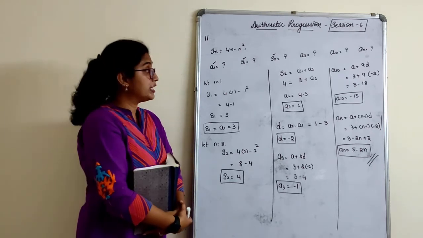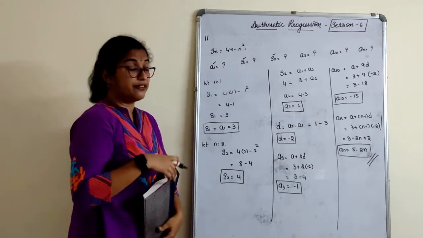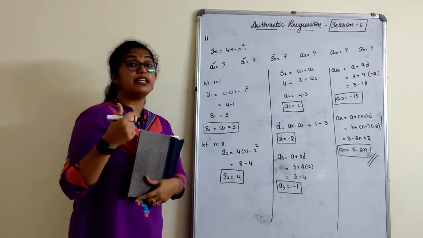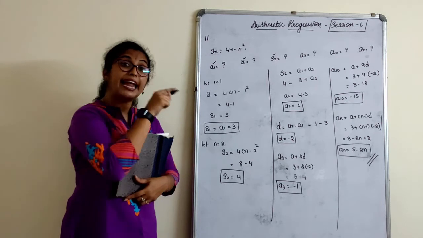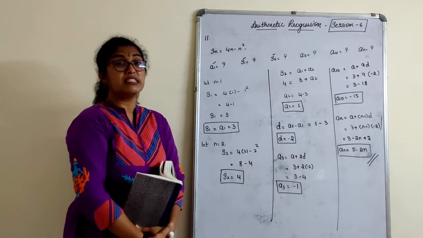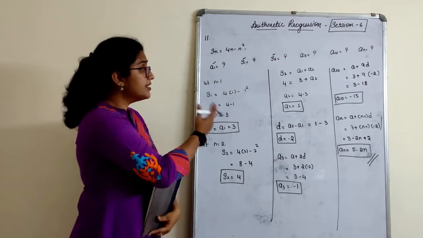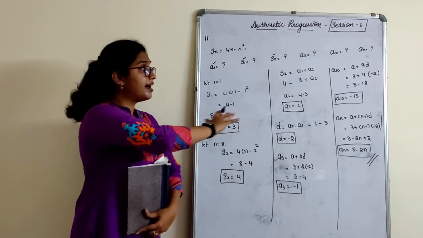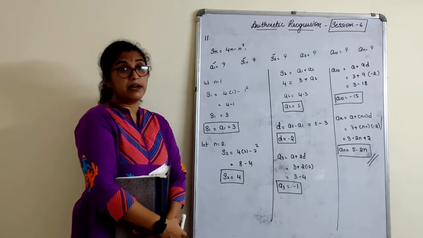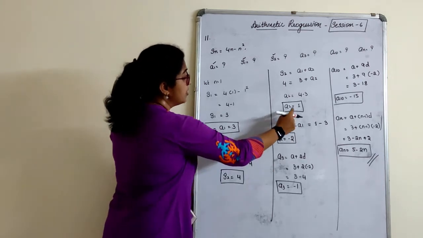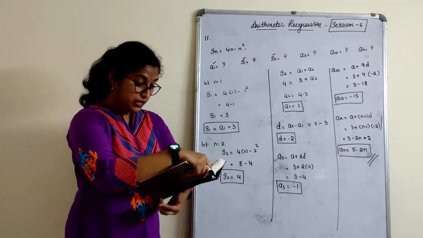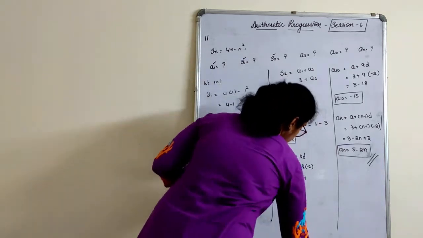There's another method, using only the given formula. With that we find S1, S2, then to find A3 we need to find S3 also, then S10 and S9 to find A10. But I haven't done that method because it becomes slightly complicated to remember. This is our usual thing, how we start with our AP. I have used the same method. Any method can be done here, you will get marks, because our ultimate aim is to find the third term, 10th term and nth term, which we have done correctly. Quickly, we'll go to the next one, that is the 12th one.